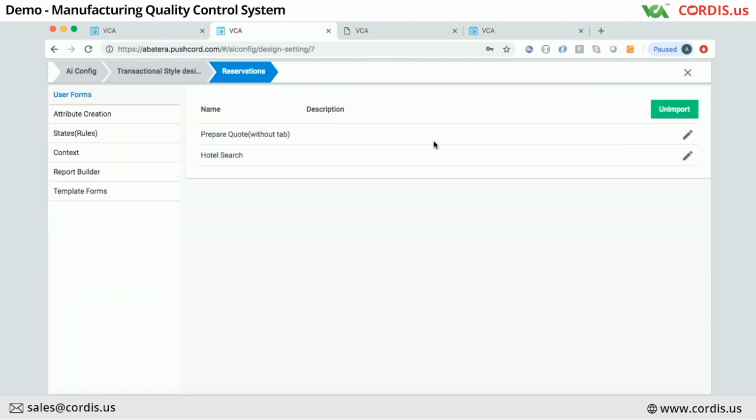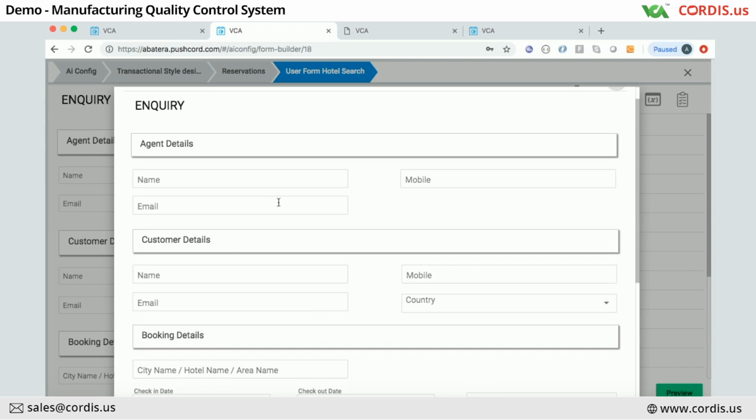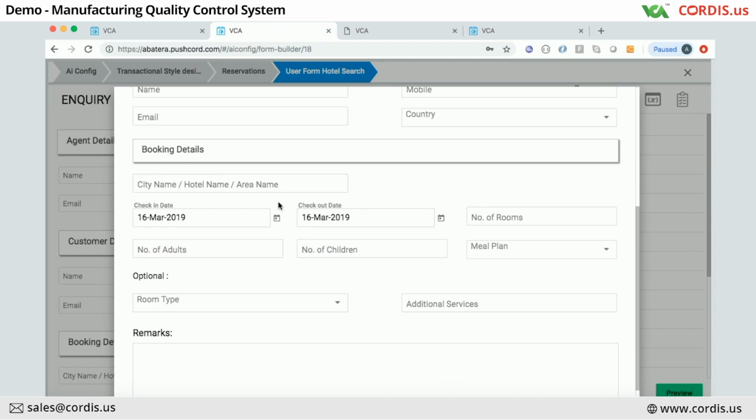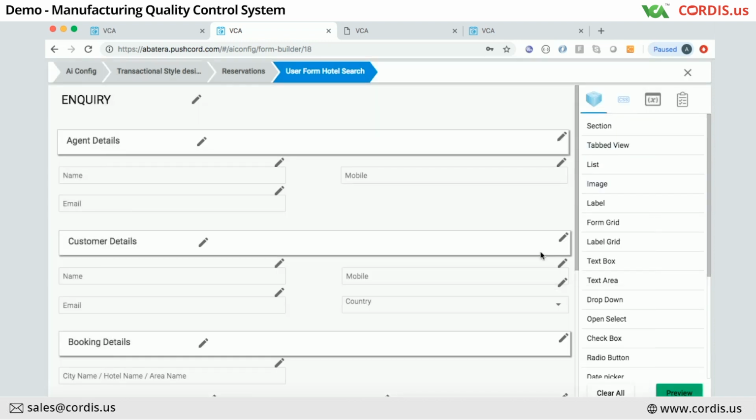So for example, in here, we have user forms, which are, I think, hotel search, and hotel search is somewhat like this, in which we get the agent details, customer details. So all in all, any form will get an object, which is one of those components, one way or the other. And it is up to you how you define your CSS, how you define your